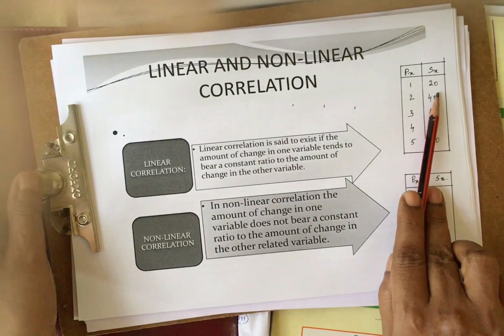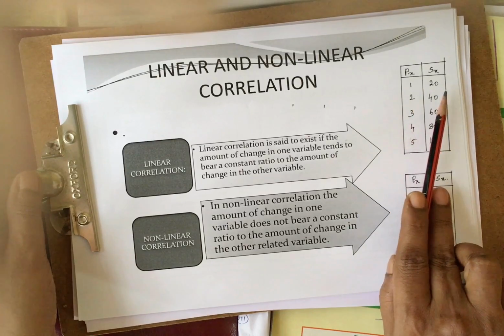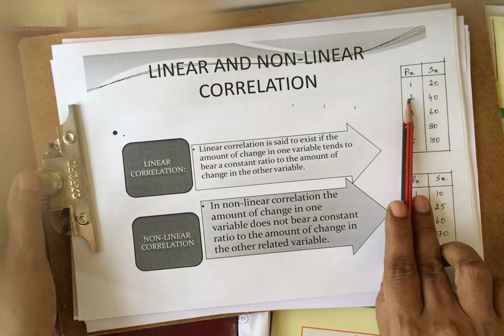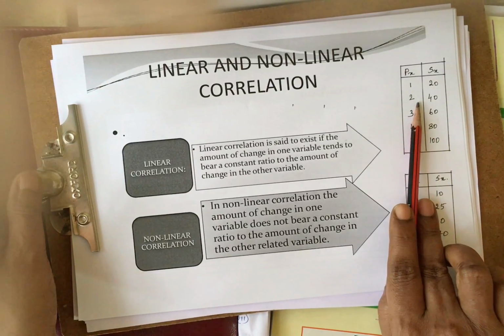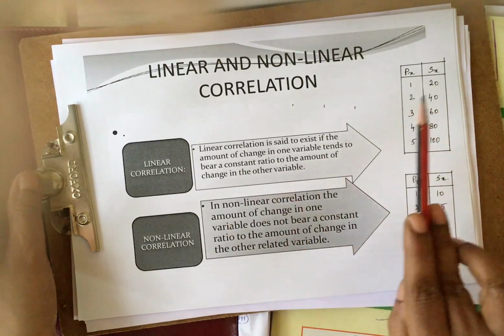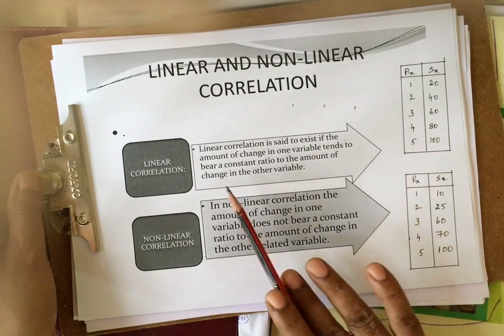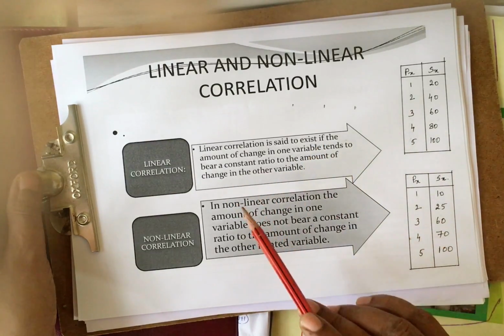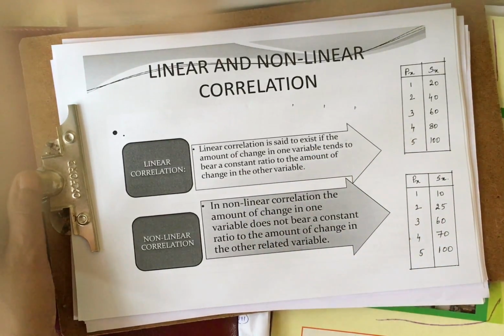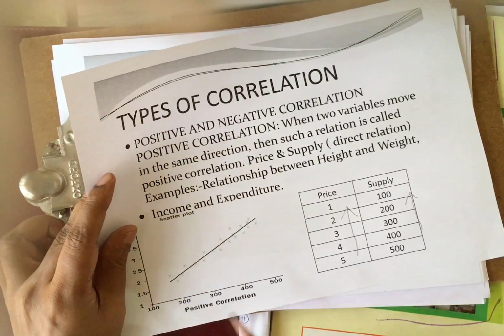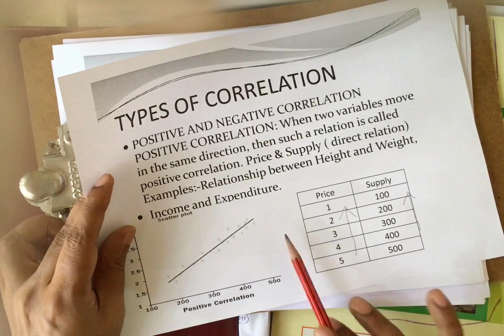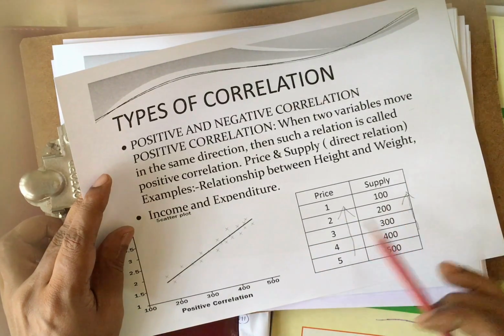So that's why it is moving: the price is increasing, supply is also increasing, but the movement is constant, it comes in a very straight way. So this is what we call the linear correlation. Like the supply curve we showed earlier, the same thing. If you draw the diagram, we'll get the same thing. We'll get the linear correlation like this, because here the changes are the same.